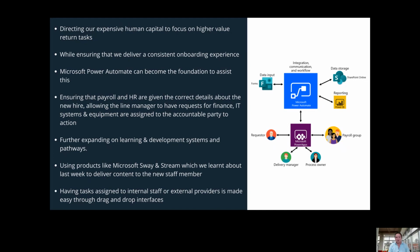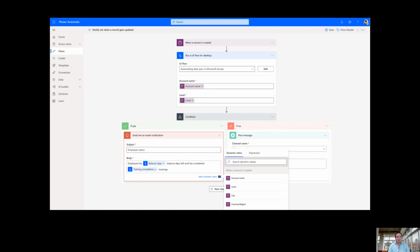You can have tasks assigned to internal and external providers. It could be as simple as them acknowledging through an email or through a web form or a button. And the interfaces are made very simple. So they are drag and drop. As you can see here, you just drag the piece in, and whether it be a yes, then no condition,